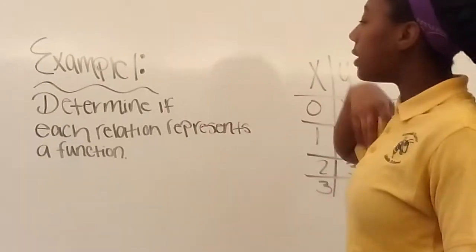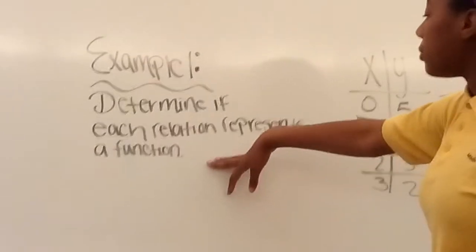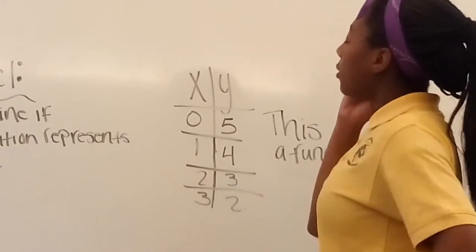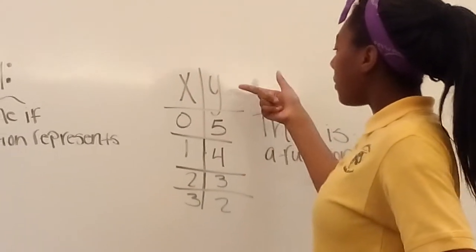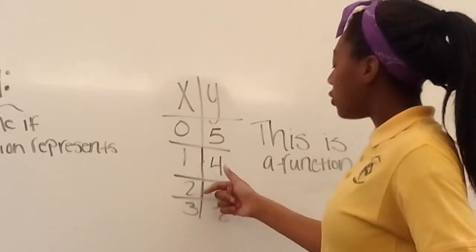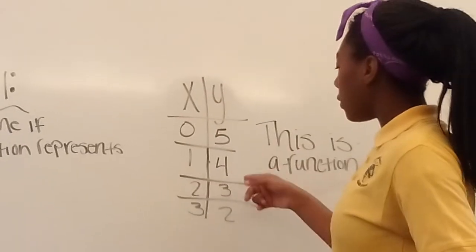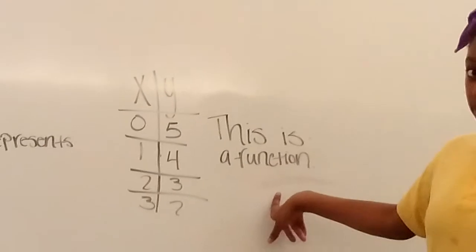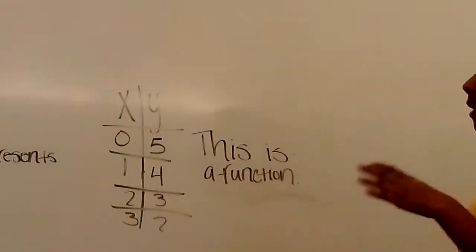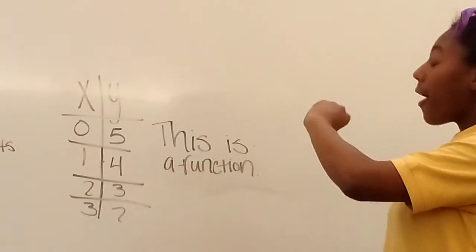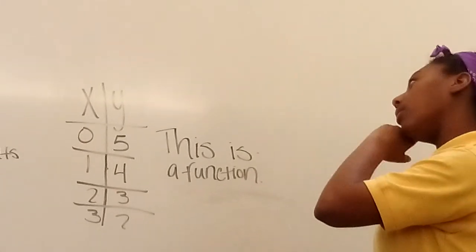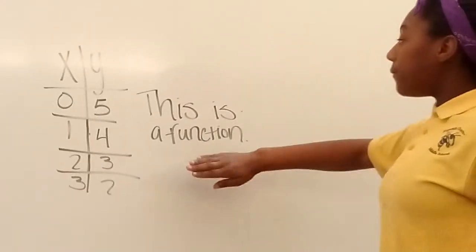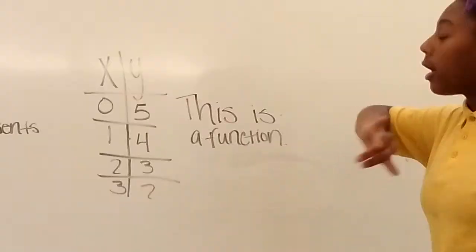Oh, I skipped my example. So example 1 is determine if each relation represents a function. Here's one. You got your x and your y, 0, 1, 2, and 3. And then you got 5, 4, 3, and 2. This is a function because each input